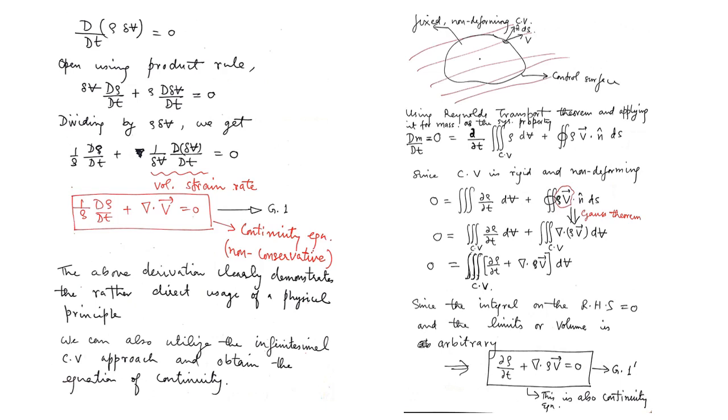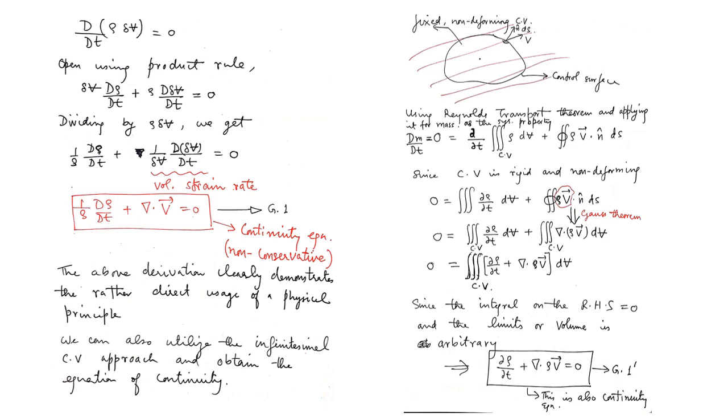So we can utilize the infinitesimal control volume approach and obtain the equation of continuity. How we do it? We first consider a fixed non-deforming finite control volume. Remember, so first I don't consider an infinitesimal control volume. I first consider a finite fixed non-deforming control volume. Now fixed and non-deforming is just for the sake of my convenience, okay, that's all. So control surface, it has a control surface, and you can see that on the surface element I have the instantaneous velocity vector and the unit normal area vector n cap, and it has a magnitude dS.